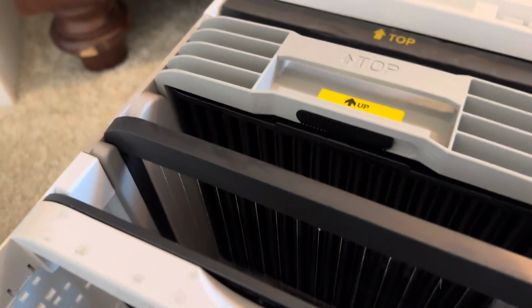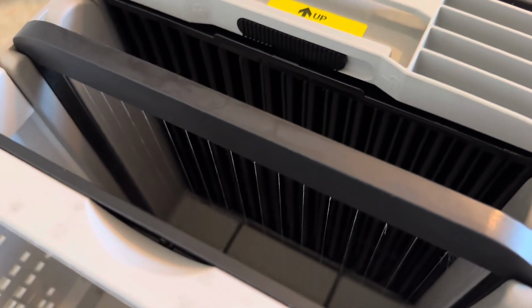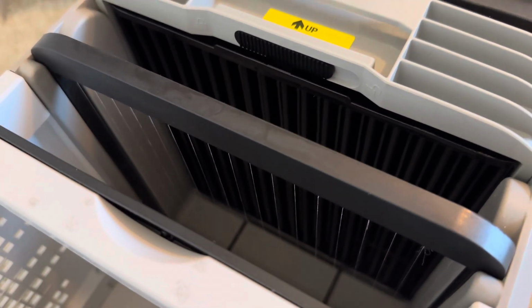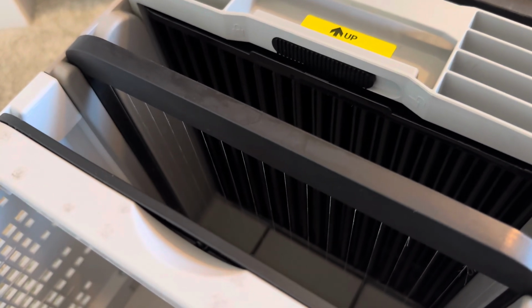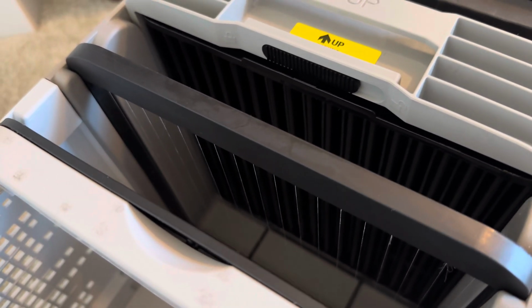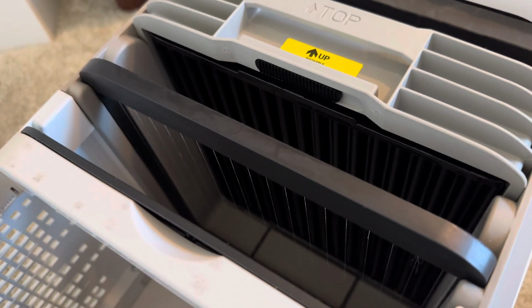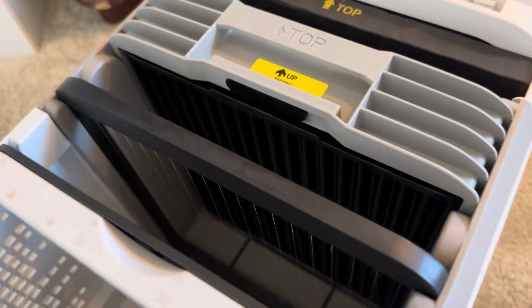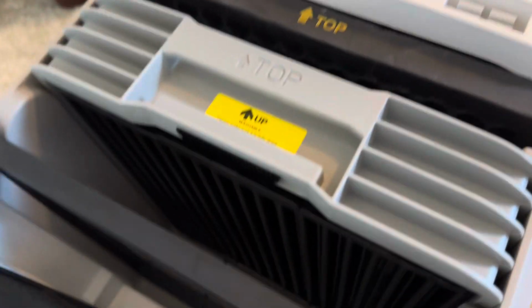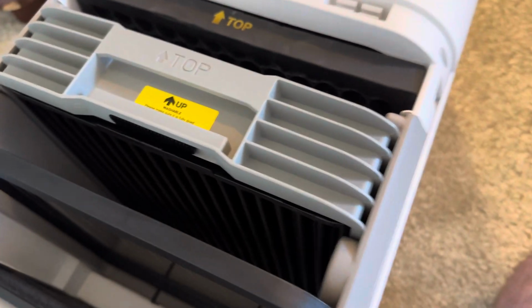This is where the actual magic happens. This is the electrostatic filter. Basically, the little lines that you see in there, those little things that look like string, those little electrostatic lines, if you will, are of course highly charged. So they will essentially charge any of the particles, and because the fan pulls in all the particles, they will stick to this filter, and you just clean off the filter. That is the